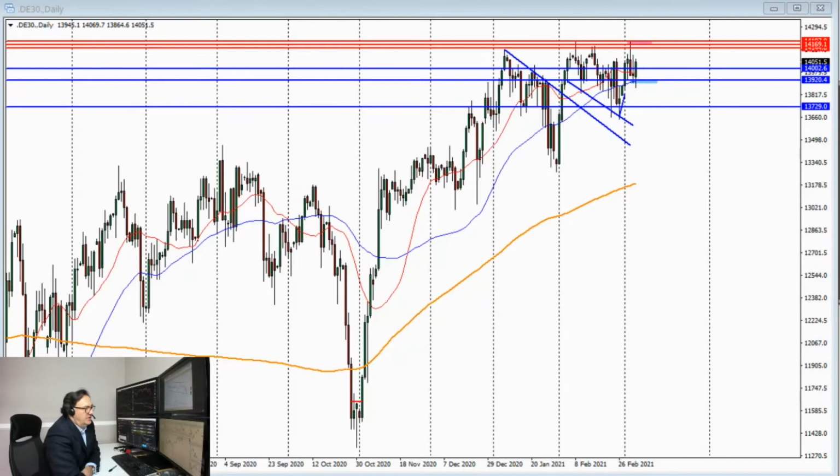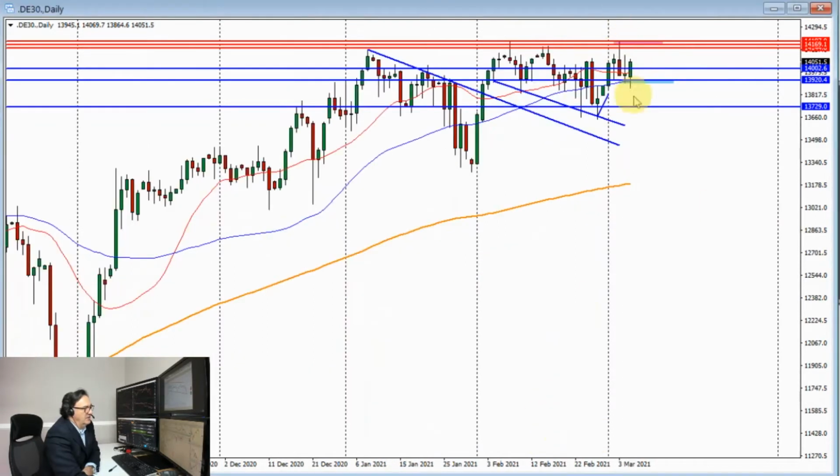Let's start with DAX or German 30. This is a daily time frame. We are seeing this sideways consolidation carrying on. Key trading level is down here at 13,880, our 50 period moving average. As long as that level holds and we see continuation of this bias to the upside, therefore a sideways consolidation and a breakout higher. Breakout above 14,100, a daily close above that level could open the way for the retest